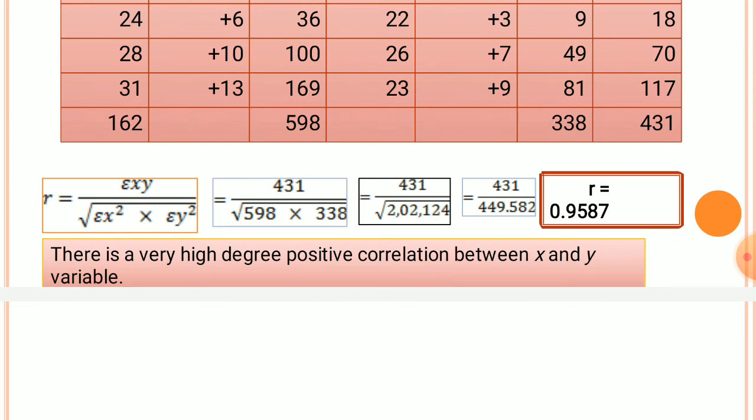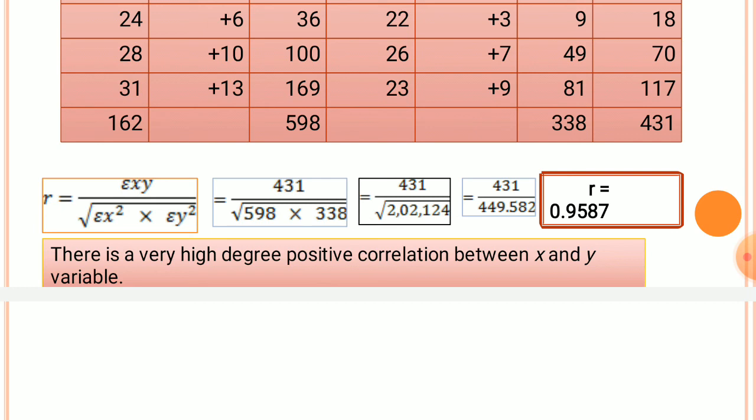The formula to calculate correlation is r is equal to sigma xy by root of sigma x square into sigma y square. So here sigma xy 431 divided by root of 598 into 338, that is 431 divided by root of 598 into 338, which is 2 lakh 2124. Now 431 divided by the square root of 2 lakh 2124